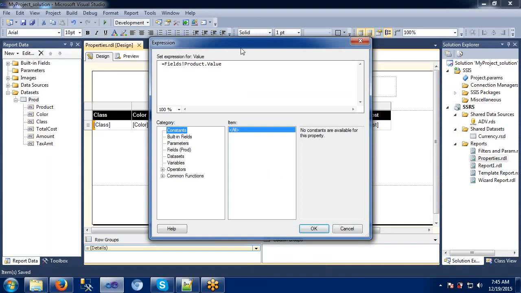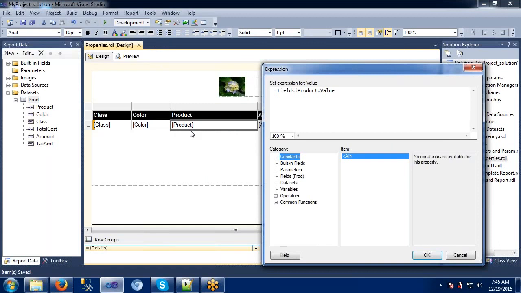But here we have selected some text box for which we have values, right? That's why it is saying, boss, you have selected some text box but you don't have any constant values to be given.